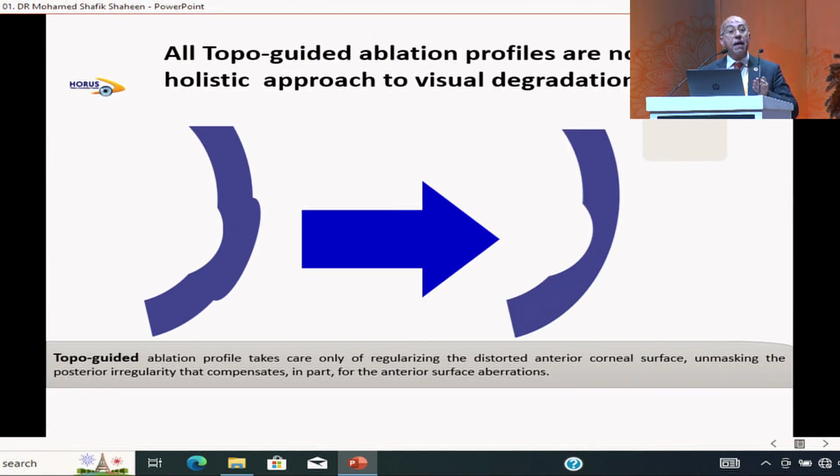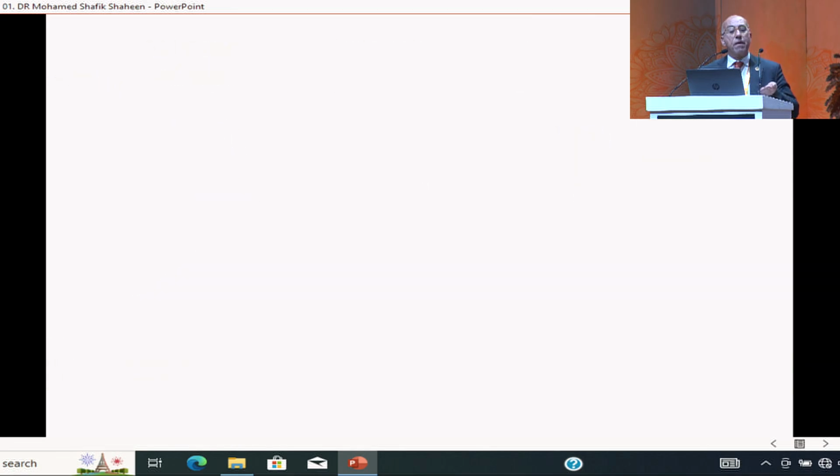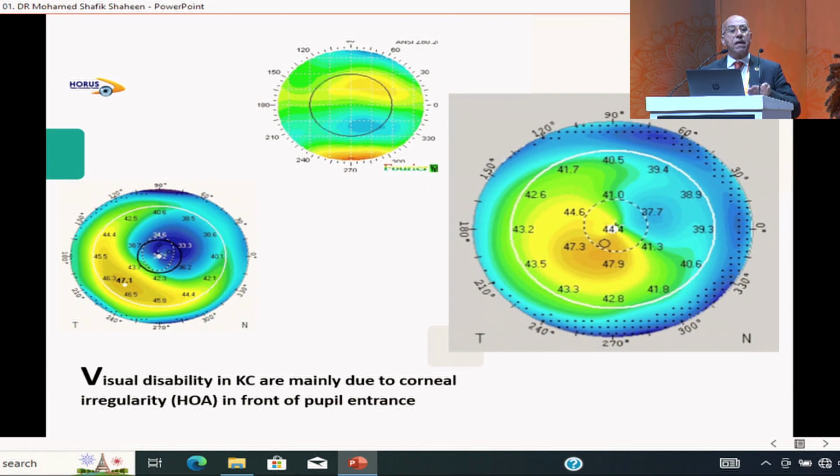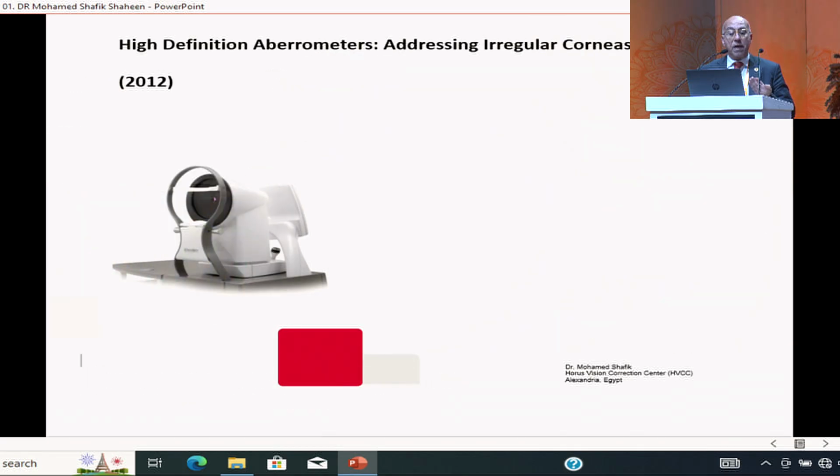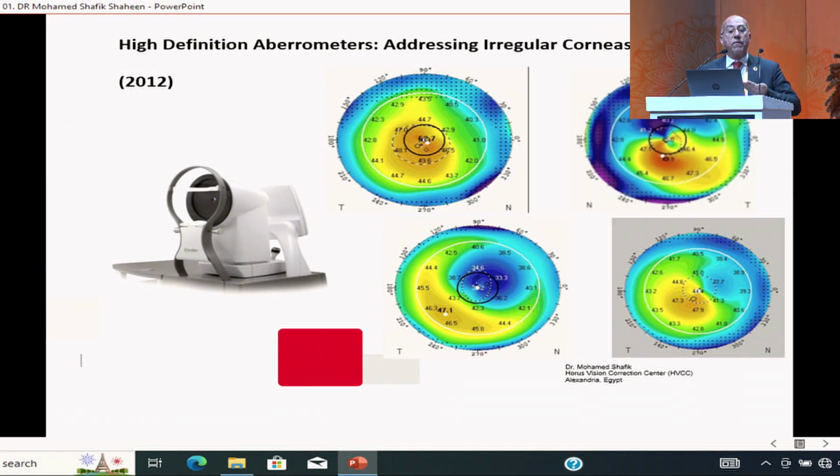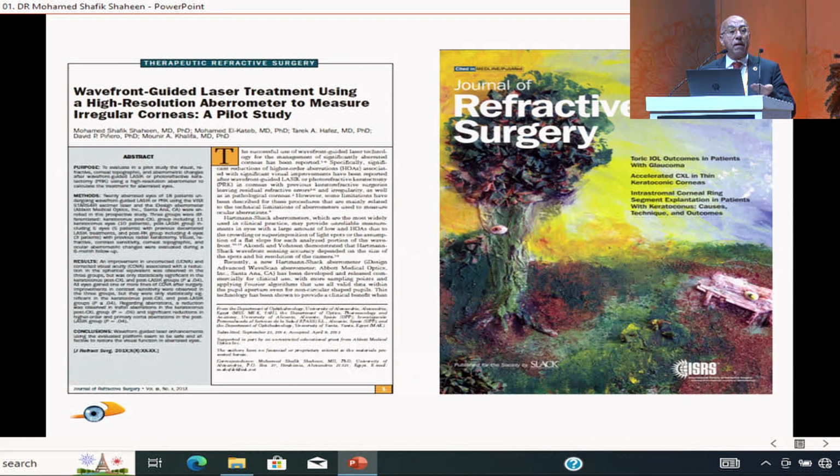Yet, for me, if you treat only the anterior surface of the cornea, you are uncovering the posterior surface of the cornea, and this might have a bigger problem and might reveal the irregular surface. For me, a wavefront guided ablation is a proper way of addressing this, and of course the introduction of the higher definition aberrometers in the year 2012 was really the treatment of choice,